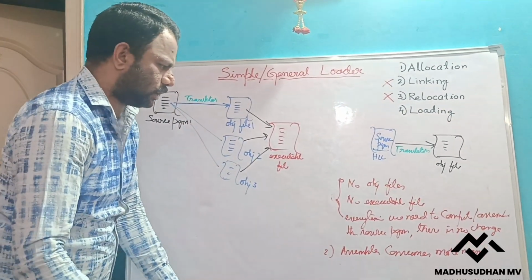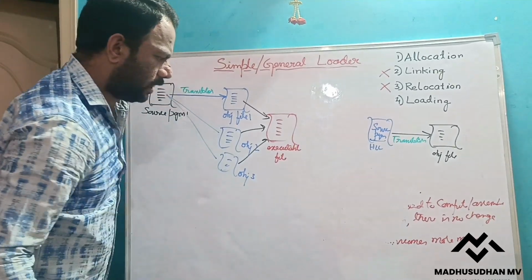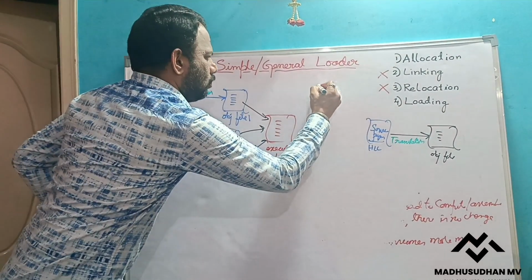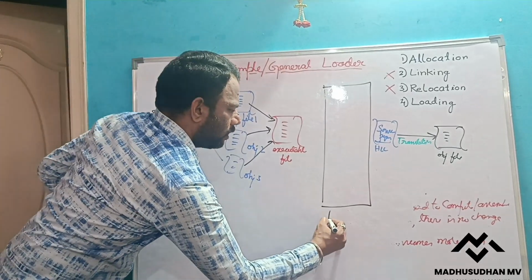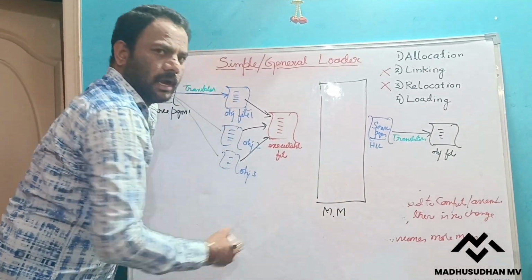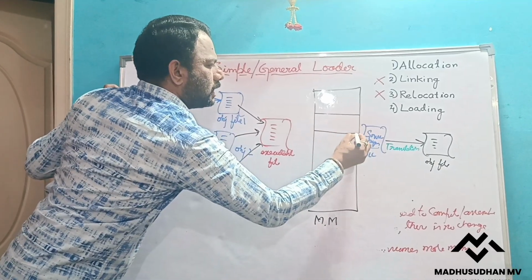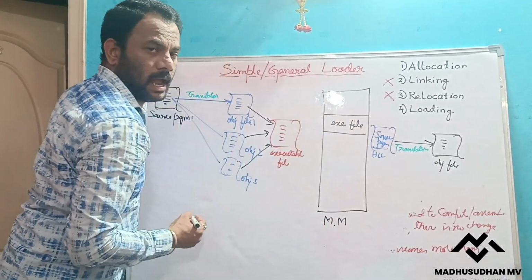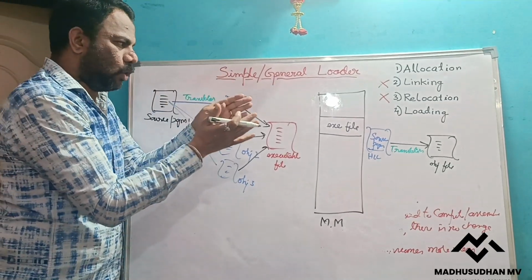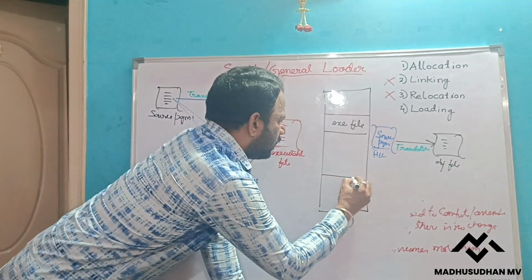And this executable file is loaded into the main memory. Now in the earlier case, compile and go, what was it? There we had the machine code, but here we are loading the executable file, the exe file. And earlier, the whole assembler itself was in the main memory, but instead of that, now